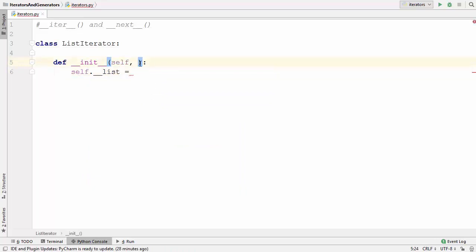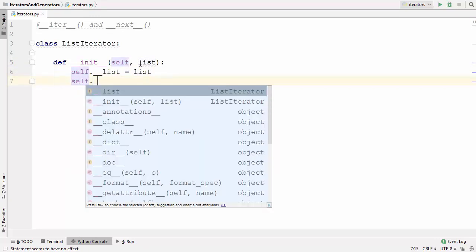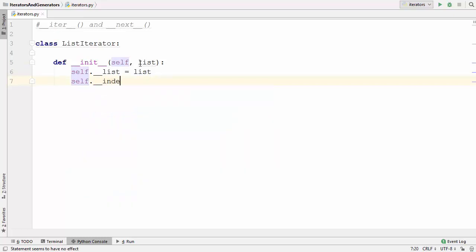Let's name this a as list also, so we will be clear. So __list is equal to list. The second member variable which I want to create here is the index variable, which is the index of the list or the collection, and let's give the initial value of this index.